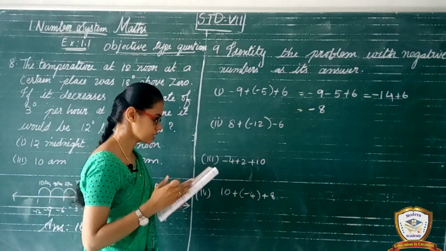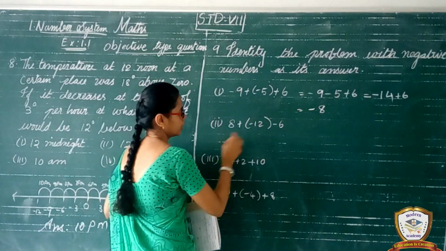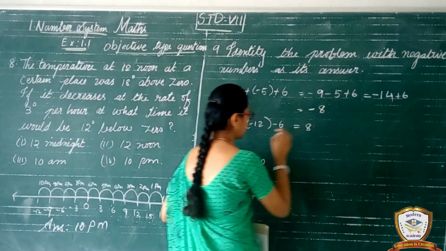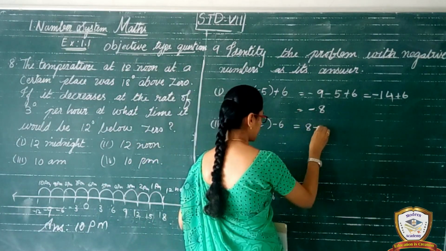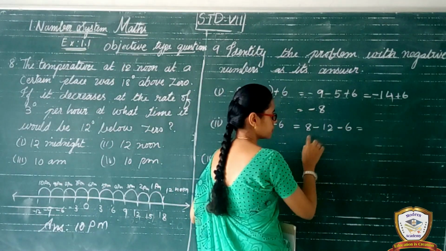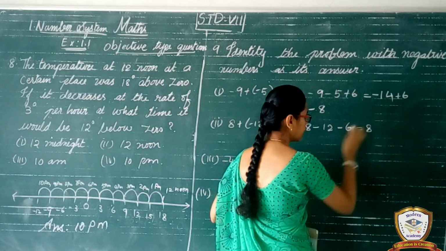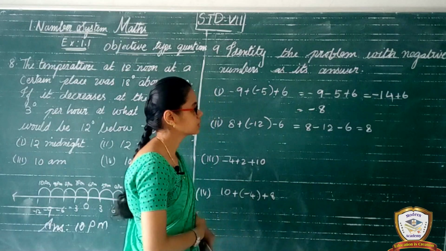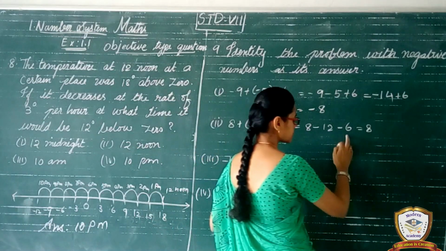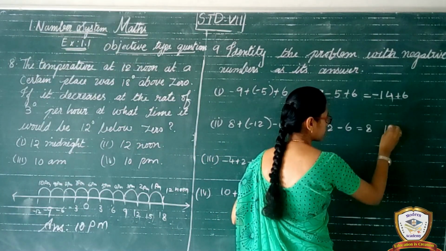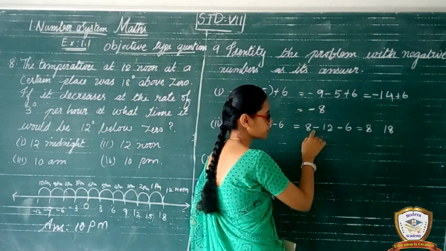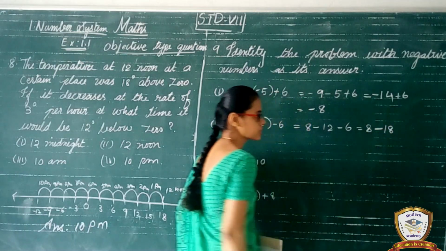Okay, next, see the next option. Now we can add these 3 integers. First a, and remove the bracket, plus into minus, minus 12 minus 6. So first term we want to write here a, and these two we have to simplify. See, these two are the same sign, and same sign means we need to add the numbers. So 12 plus 6, 18. And mention the sign. Which is the biggest one? 12. The sign of 12 is minus, so we mention here minus.